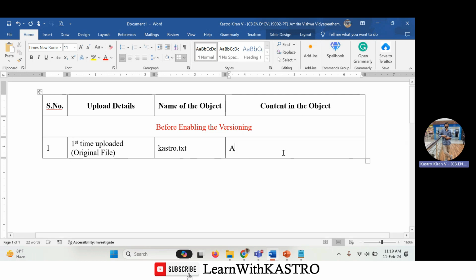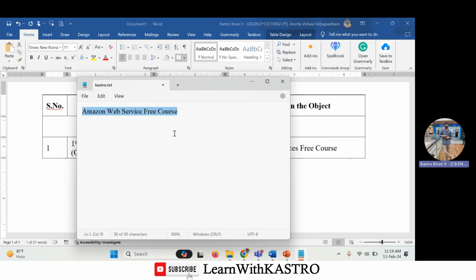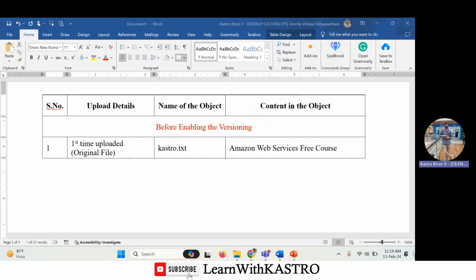And what is the content I have written inside the object? That is Amazon Web Services free course. So this is the content that I have written in the file called Kastro.txt. You can see the same content I have written, Amazon Web Services free course. And what is the file name? Kastro.txt. So let me save this file and let me close that. Now, what I am going to do is